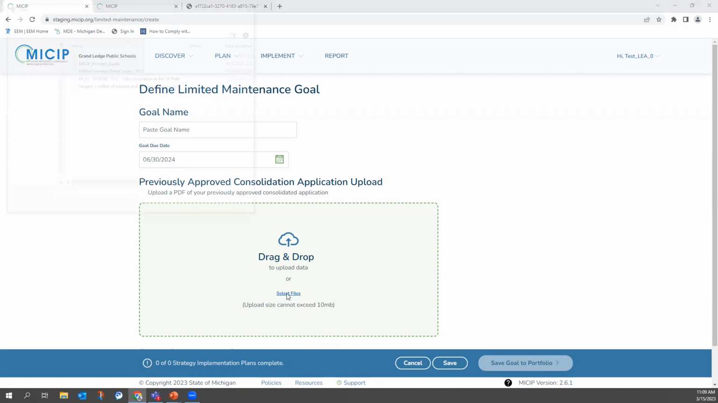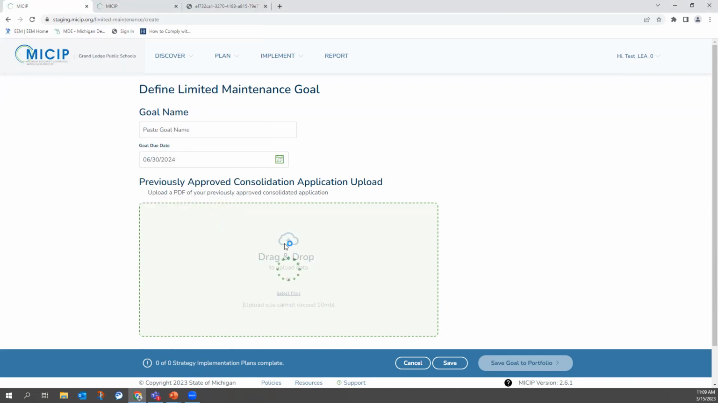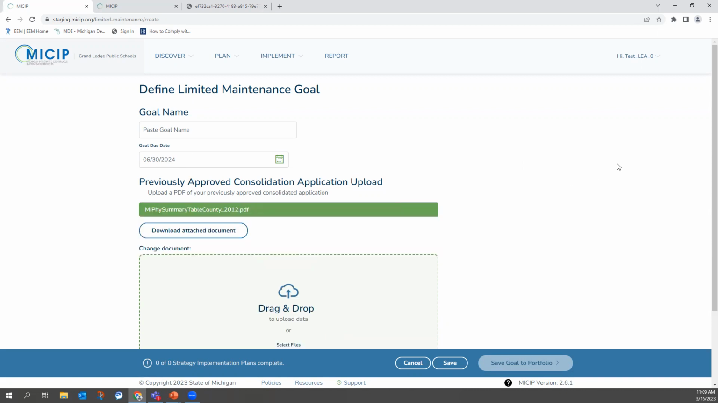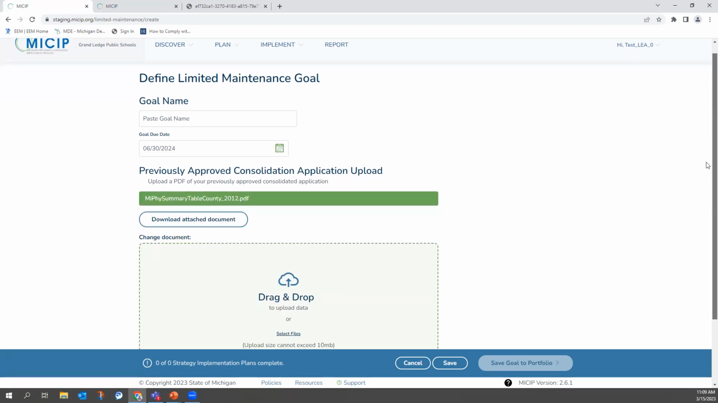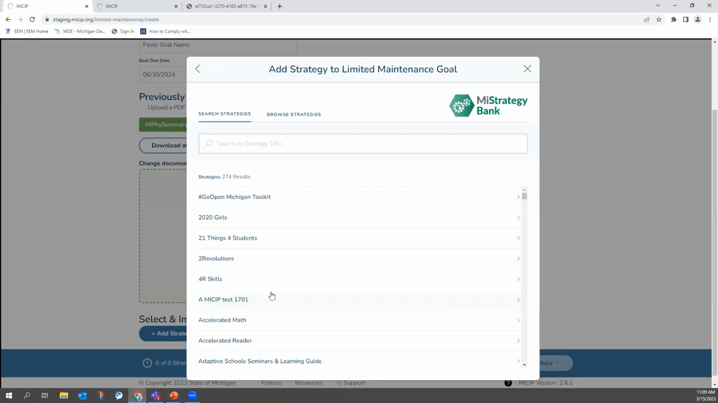Here, you can select, and this is dummy data that I have, put it in here. You'll see it captures the name of the file. And if for some reason that's not the one you wanted, then you can swap it out using this button. From here, then you add your strategies, and like active goals, the limited maintenance goals go right into the